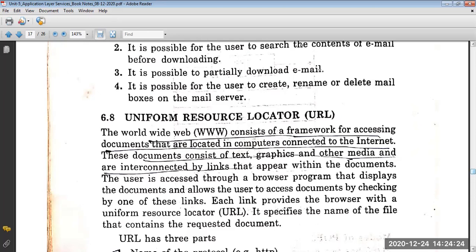The World Wide Web consists of a framework for accessing documents that are located in computers connected to the internet. These documents consist of text, graphics, and other media, and are interconnected by links that appear within the document. The user accesses them through a browser program that displays the documents and allows the user to access other documents by clicking on one of these links. Each link provides the browser with a Uniform Resource Locator, which specifies the name of the file that contains